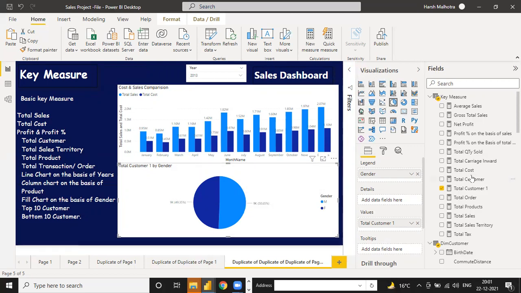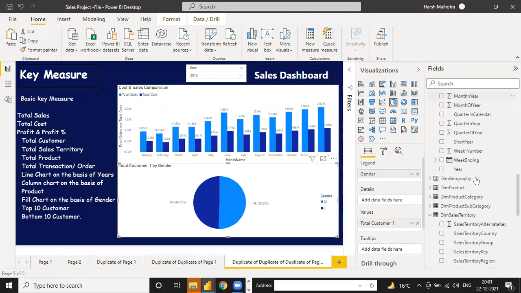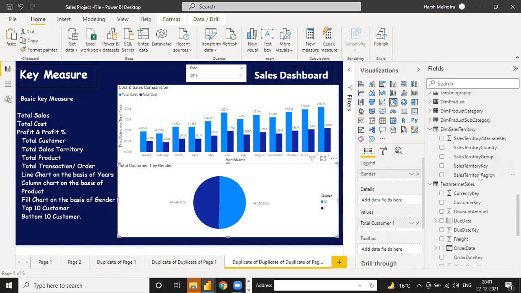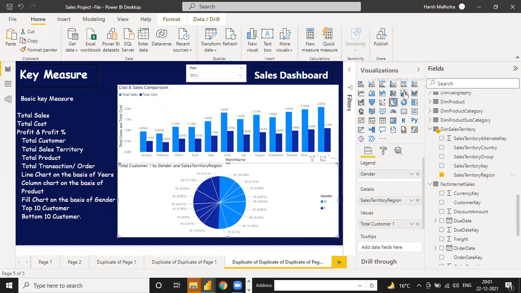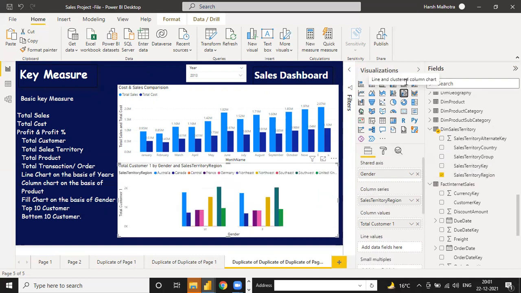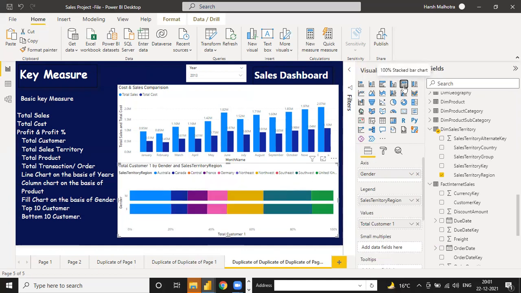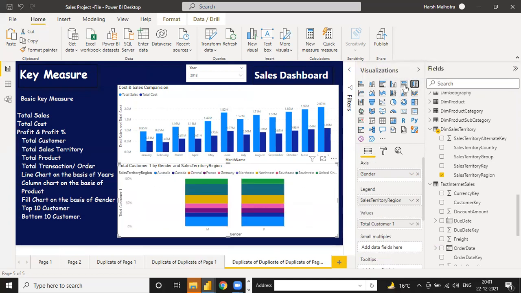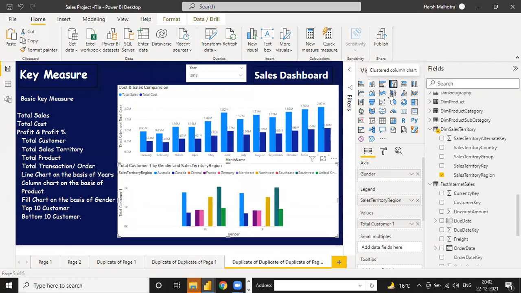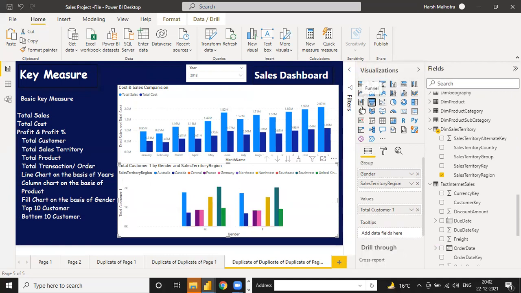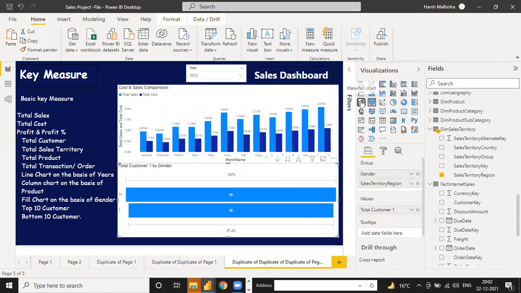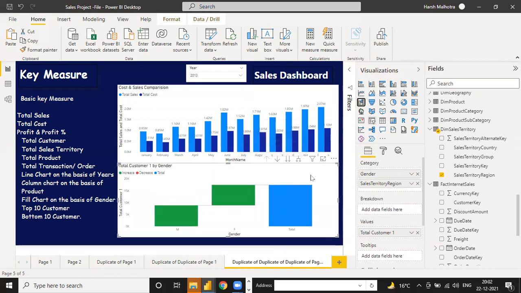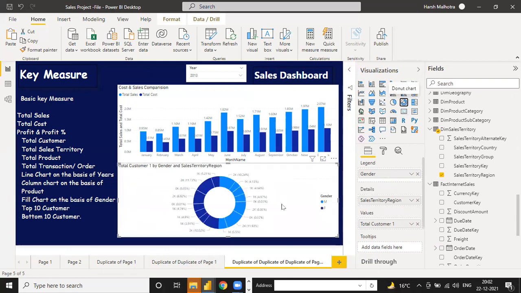Okay, but in the detail tab, if you enter one thing which is sales territory region, select any other table. This one is male and female gender.